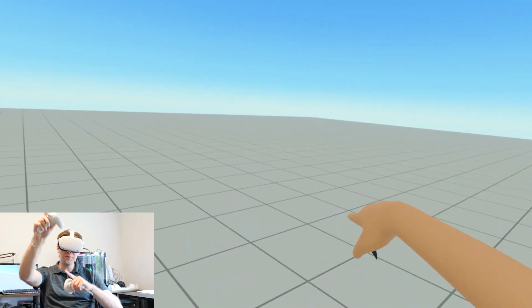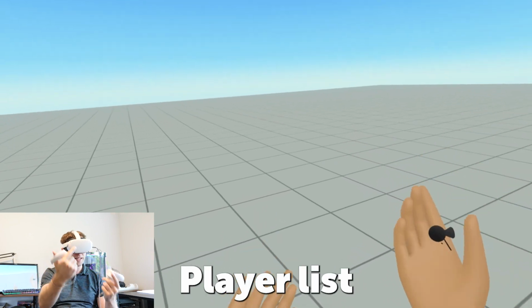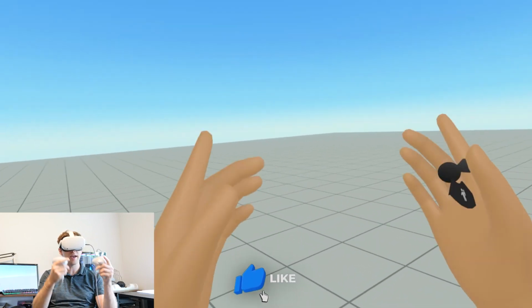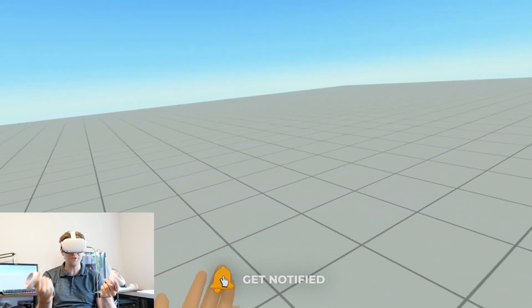Hey everybody, today we are looking at something really quite special. We're going to be building a player list and then selecting one player to be selected for something. So this is a piece of a game mechanic. We're not going to teach a full game mechanic, but an example of this being in use is in